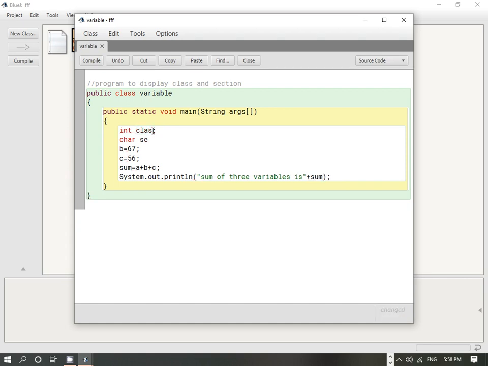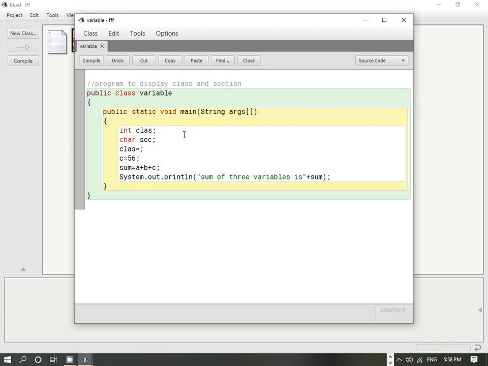That's why you can see that it was highlighted. So you can see this once again. If I write down class, this will not be recognized when we compile, then some error will be generated. So we can't use this keyword. So keywords can't be used when we declare any variable. So we make it as CLAS. This is to represent class, or you can take any other variable also. And one more variable I'm taking for storing section. So suppose I have taken SEC.